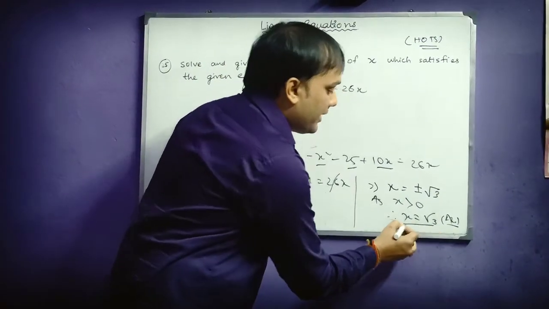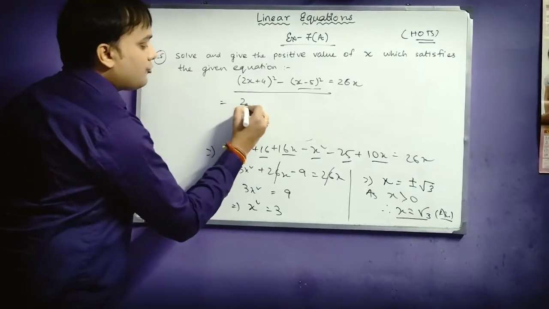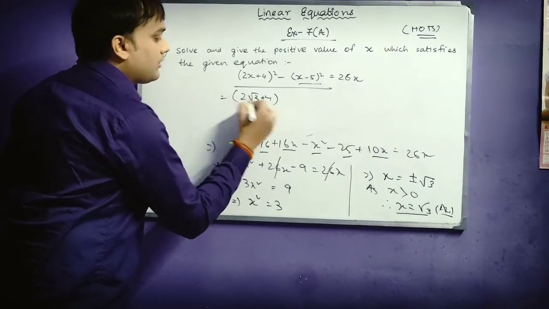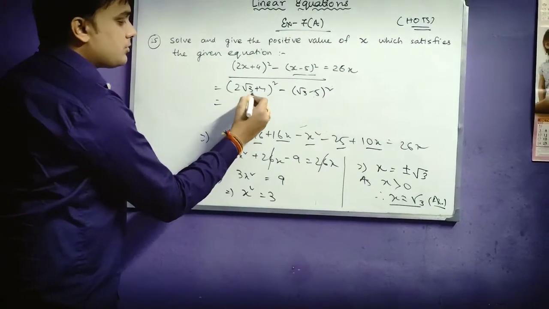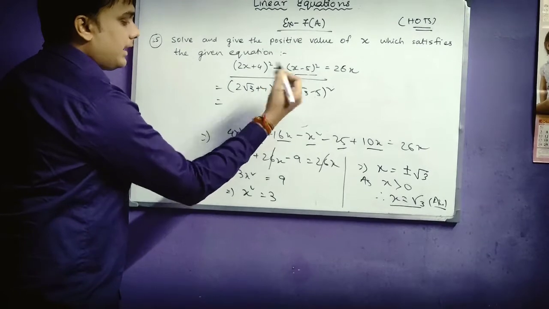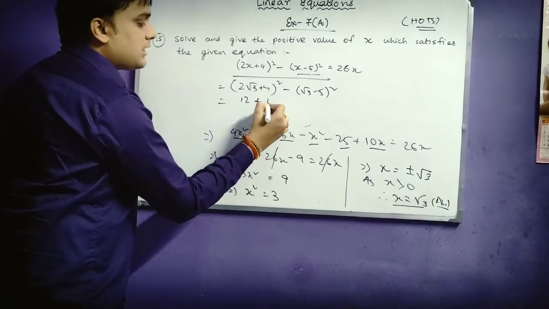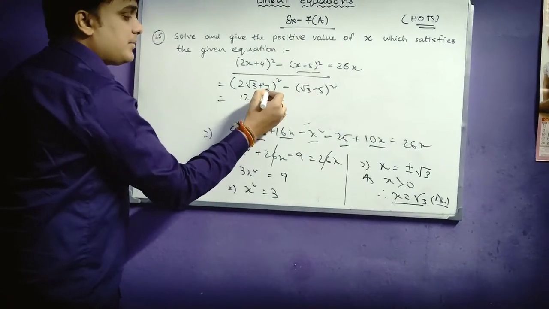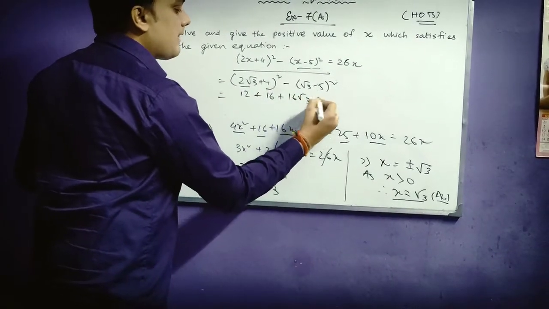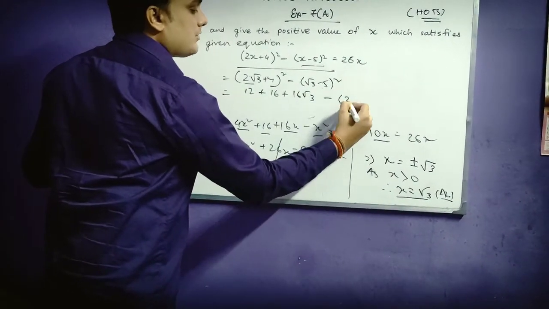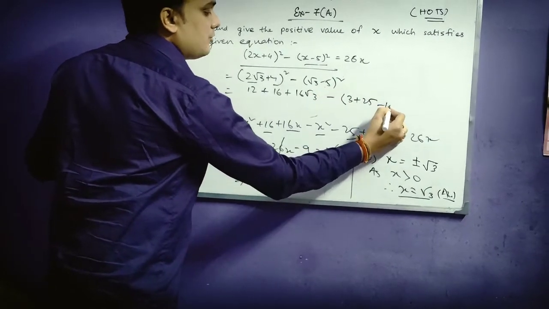How? You just put the value of x in this equation. Okay, so let us put here, it will be (2 root 3 plus 4) whole square minus (root 3 minus 5) whole square, which is equal to 2 root 3 whole square. That means a square, that means 2 2s are 4, root 3 into root 3 is 3, 4 3s are 12, 4 4s are 16, plus 2ab, that means 2 into 2 root 3 into 4. So it will be equal to 16 root 3, then minus root 3 whole square is 3, then 5 whole square, that means 25, minus 2ab, that means minus 10 root 3.